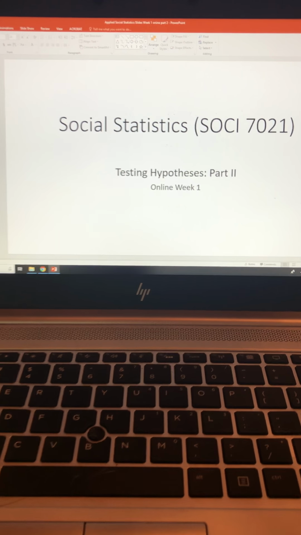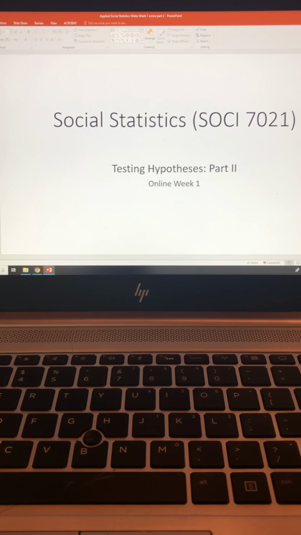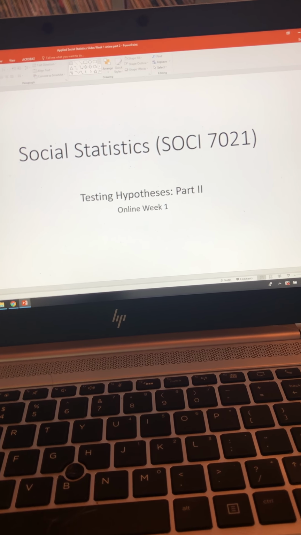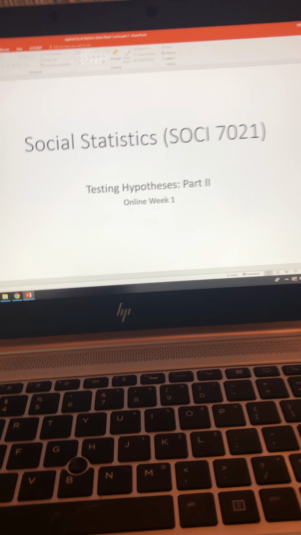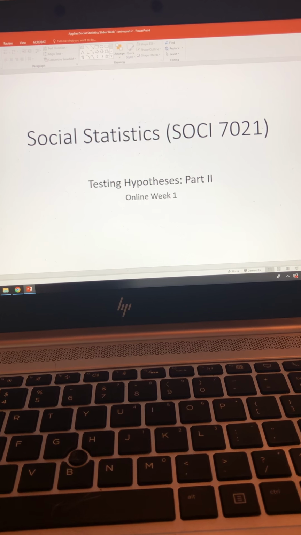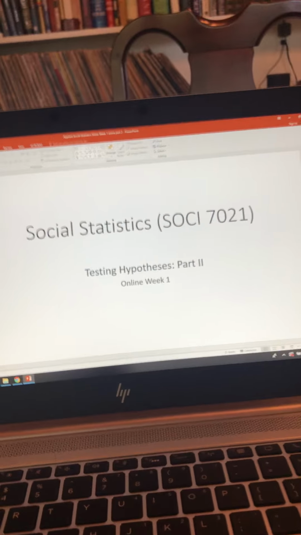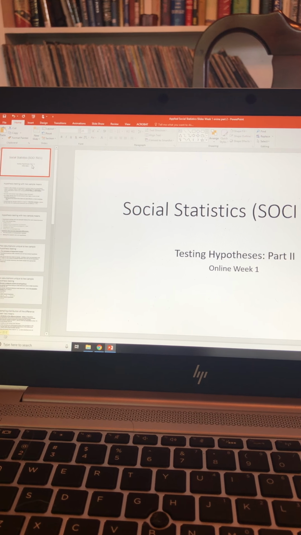Okay, guys, good morning. So I've got the second part of the hypothesis testing for you. This will be the conclusion of everything from, I guess, chapter 9. And I'll give you a homework assignment to reinforce this, which will be nearly identical to the examples I'm doing for you. So if you think back to, I guess what was it, Wednesday when I posted the first video for you,